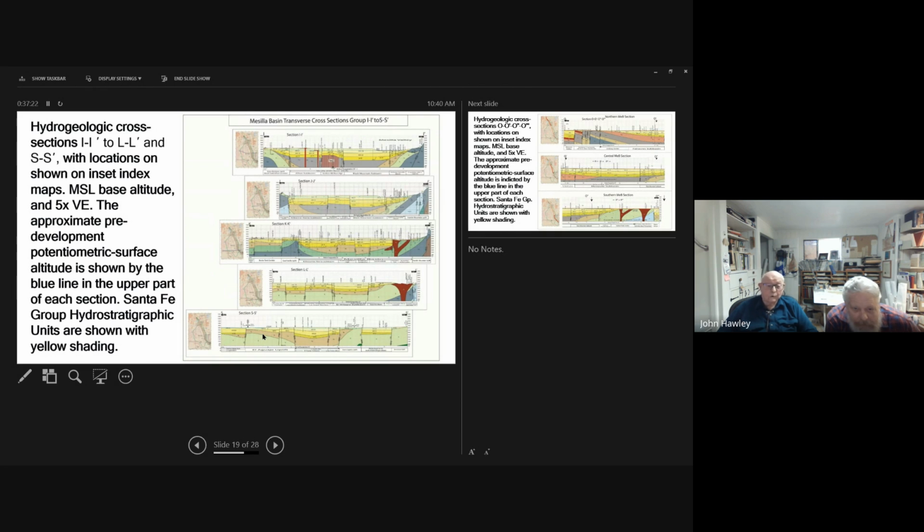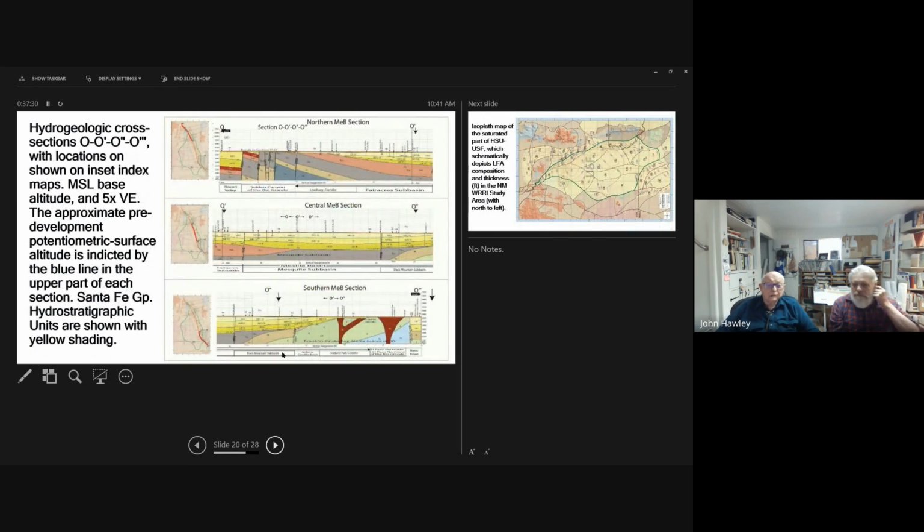parallel or almost on top of Mexico Highway 2. Then this is a longitudinal profile that follows the deepest part of the Mesilla Basin.